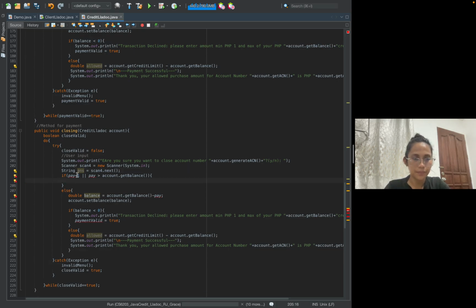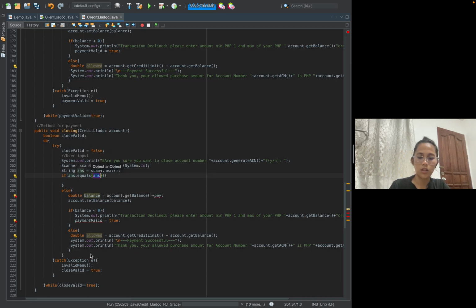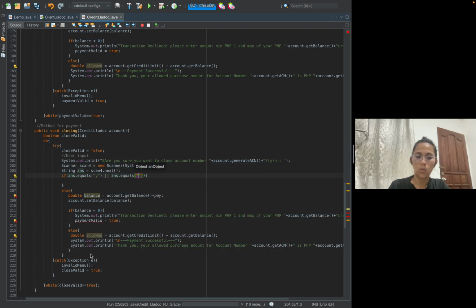Okay. Let's have here ans. If answer is, okay, if ans that equals y small, or ans that equals y big,